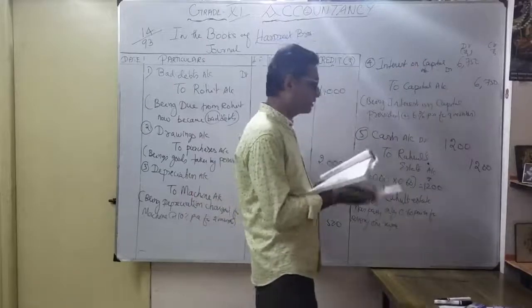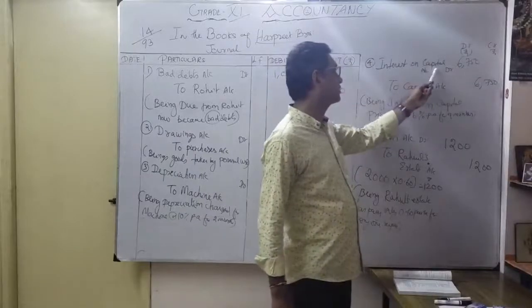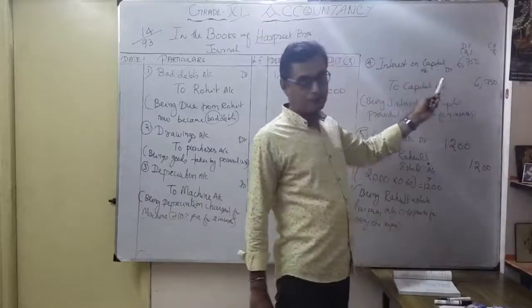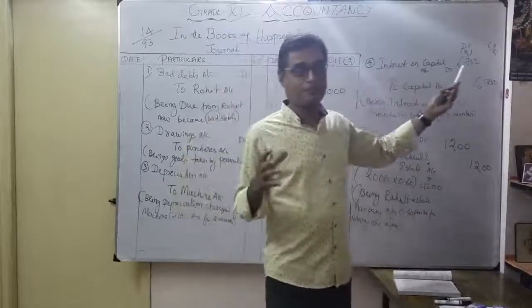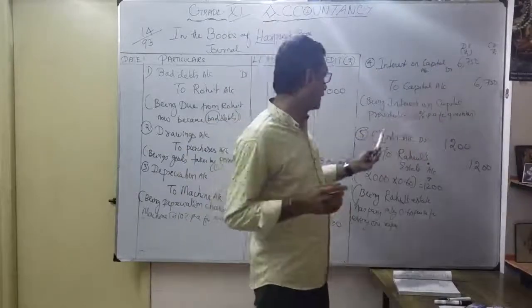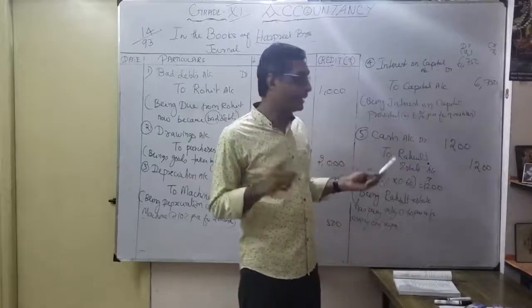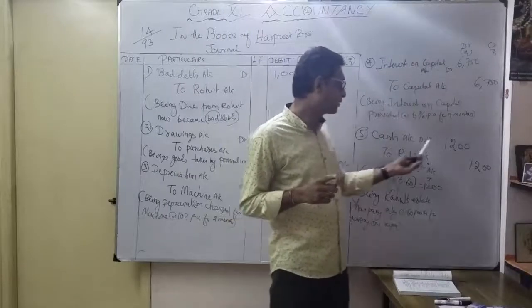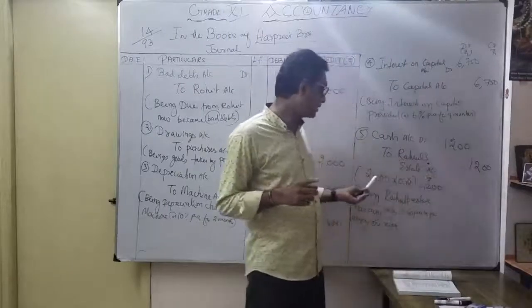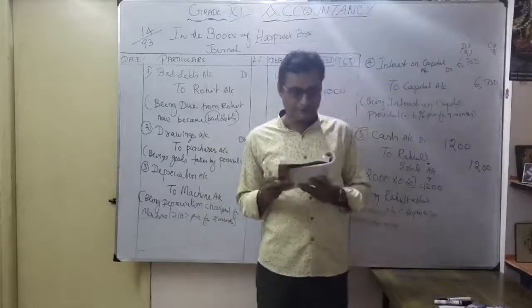The fourth one is very new for you: interest on capital. Interest on capital account debit to capital account. When you are charging for capital, the company has to pay interest because the company relies on the capital. Finally, Rahul's estate: instead of every 1 rupee, he has to pay only 60 paise. So how much money did you get? Instead of 2,000, only 1,200. This is the calculation you have to mention here. You understood this exercise, especially the 14th one.